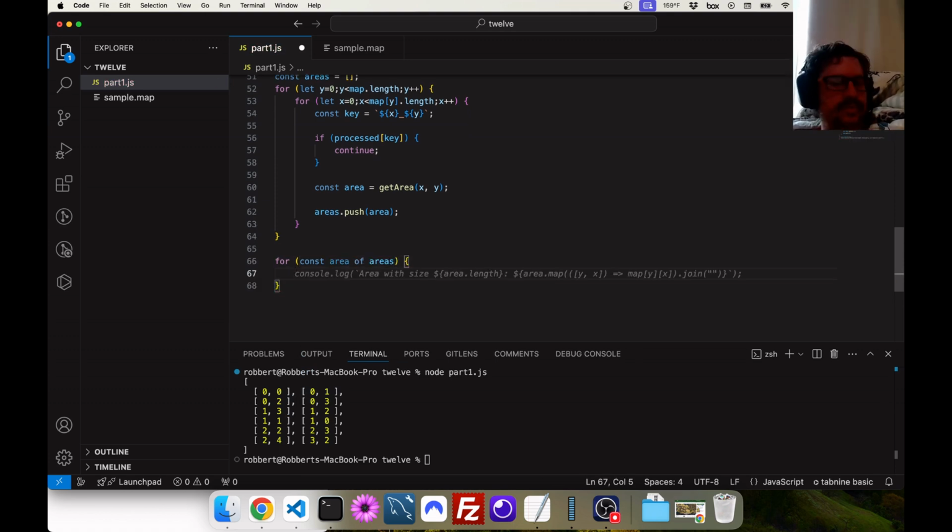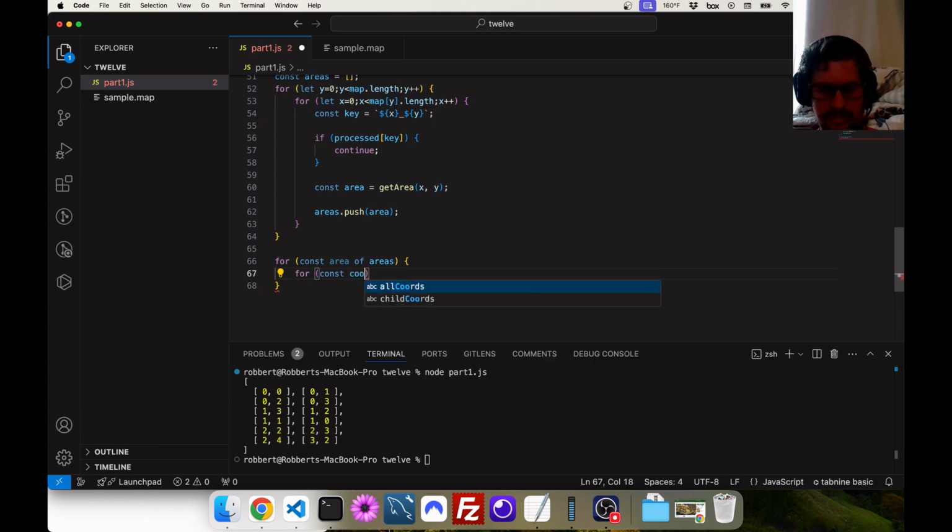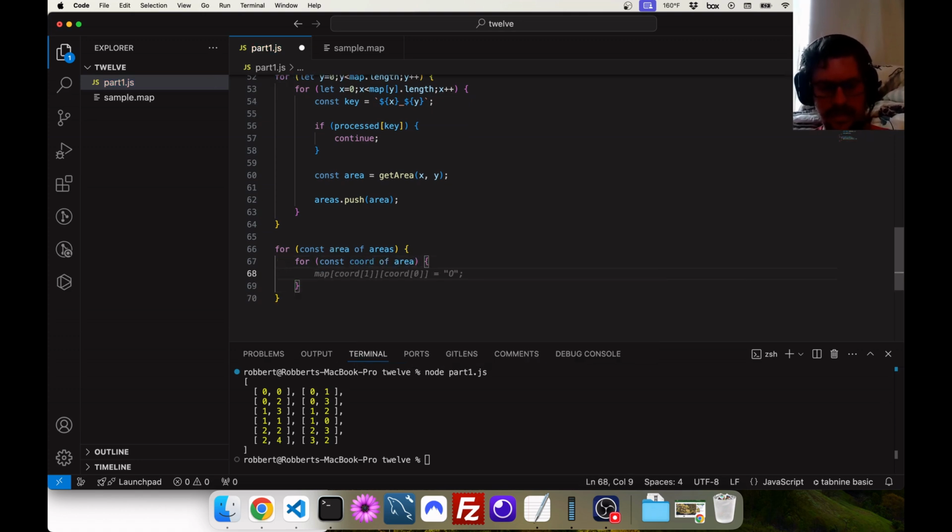So what we've got to do is loop. The area is just the length of this. We've got to get the perimeter now. So for const coord of area, for each coordinate pair,